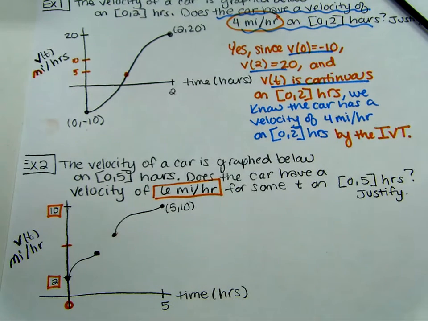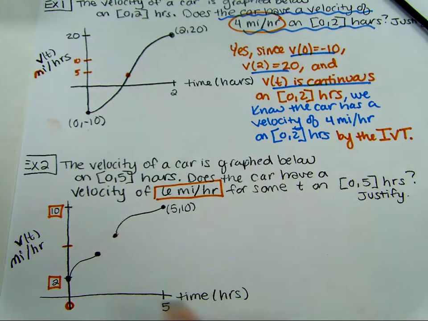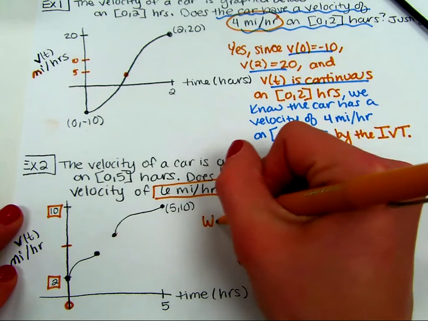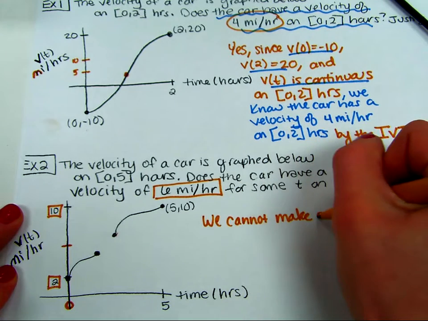So we have to say that we can't make a conclusion because the intermediate value theorem does not apply. Because this graph is not continuous, it's not going to hit every x value or every y value in between your endpoints. So let's just say we cannot make a conclusion